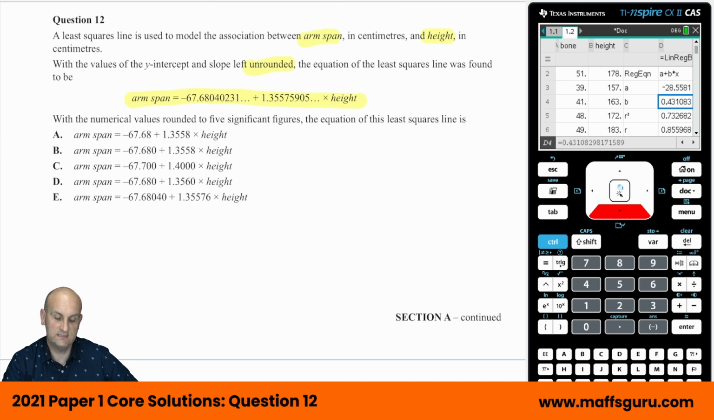The equation of this least squares line is, so to 5 significant figures, if I have minus 67.680400231, I start counting at my first digit that's not a 0. So we start counting there, and I want 5 of them. 1, 2, 3, 4, and 5. Does the 4 change the 0? No, it doesn't. And so as far as I'm concerned, we would have minus 67.680. The next one,